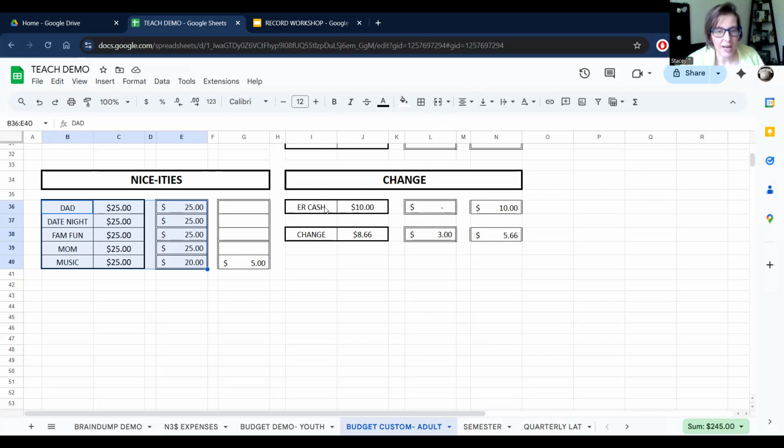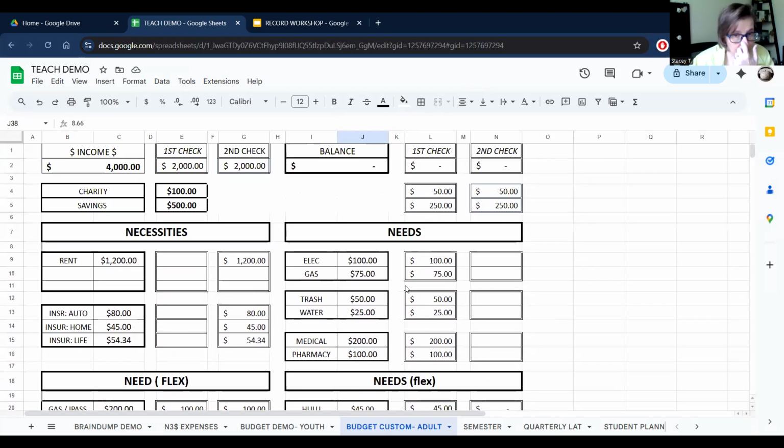And then this change can just be that extra. That might be where this 866 comes from, or might be what's left. And then that is where, okay, that's my Starbucks budget for the month. And then you pull out that $10 or whatever, and then you just pay in cash. And so that helps a lot too. All right.